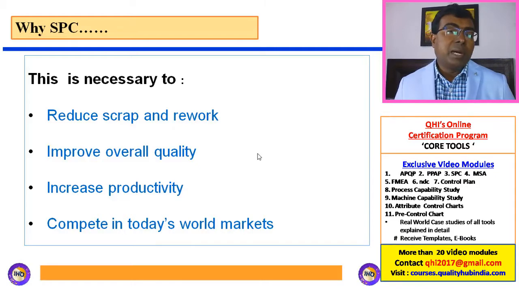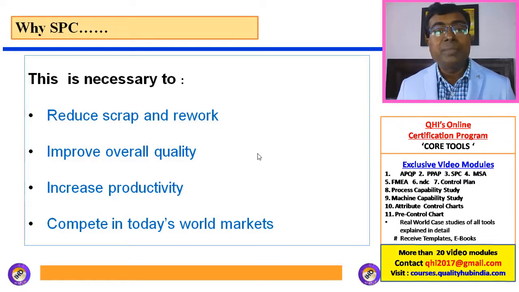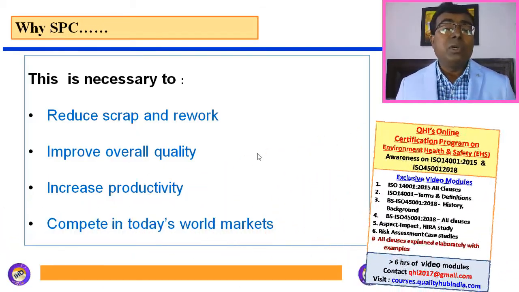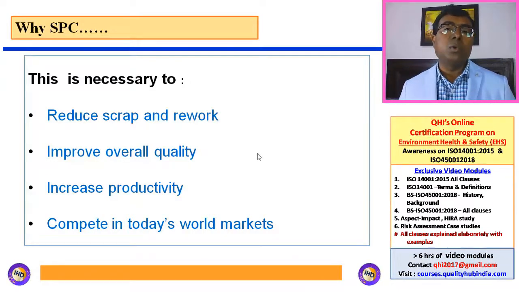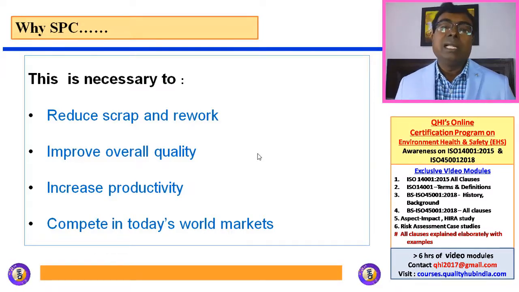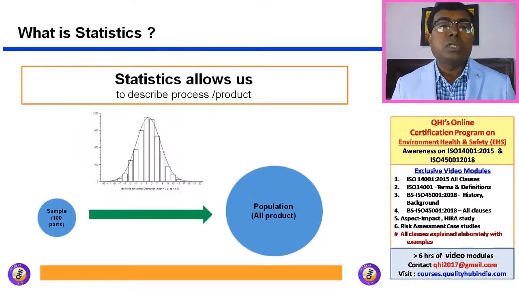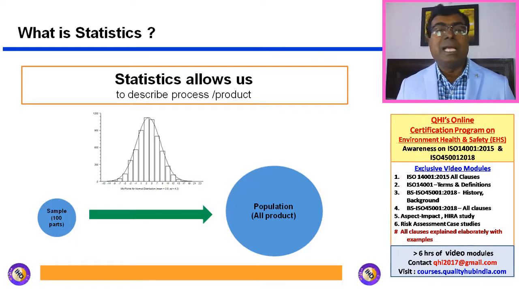And in today's competitive market, if my product quality is not good, my customer is not satisfied, if I'm not getting repeat orders, if there are rejections, rework, my cost of poor quality is high, I won't be able to compete in the market. So for that, friends, we need to have a structured approach of controlling the processes and making the process stable. And here comes the use of statistical process control. So friends, statistical process control comprises 3 elements: statistical, process and control.